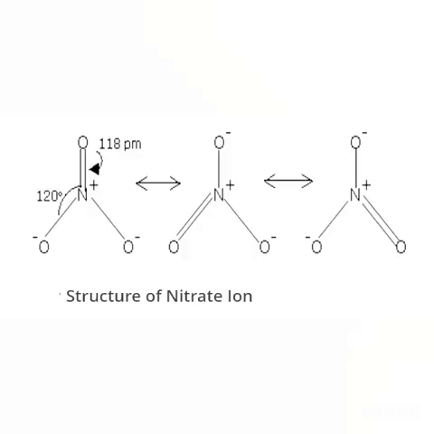Then you can see the structure of nitrate ion, a very important ion, that is NO3 1 negative. You know, it is isoelectronic with carbonate ion, CO3 2 negative ion. Again, it is likewise a planar molecule and nitrate ion can be represented by the following resonating structures. These are the resonating structures of nitrate ion.